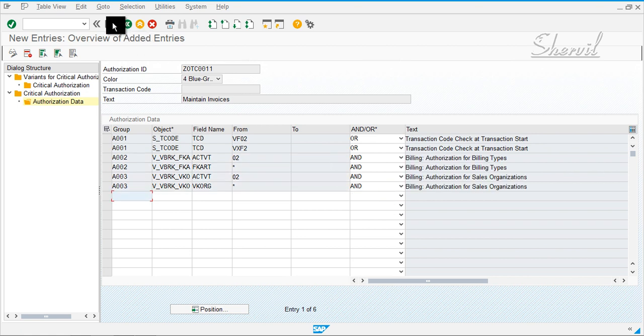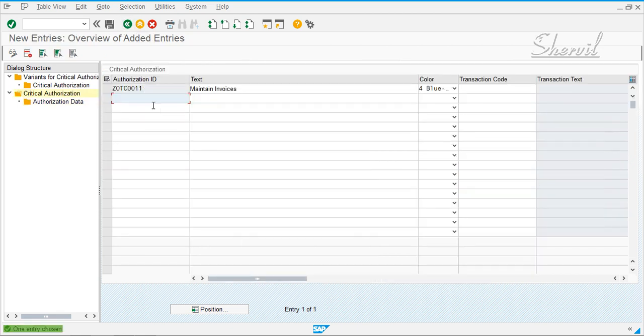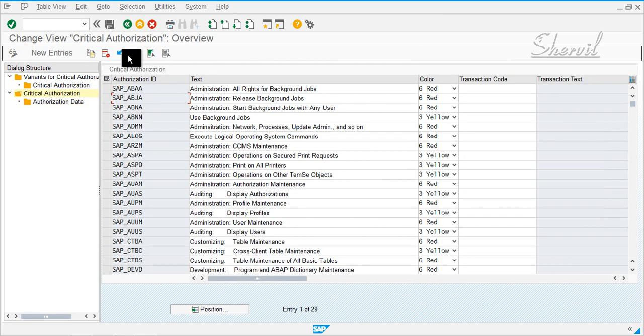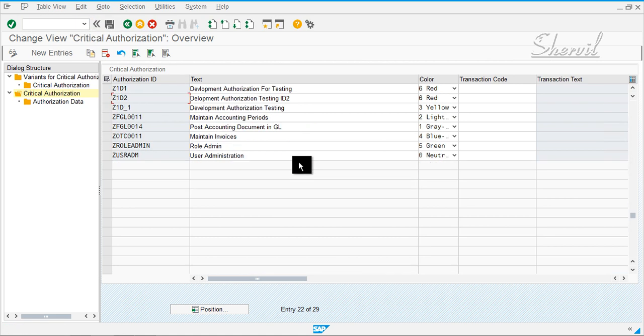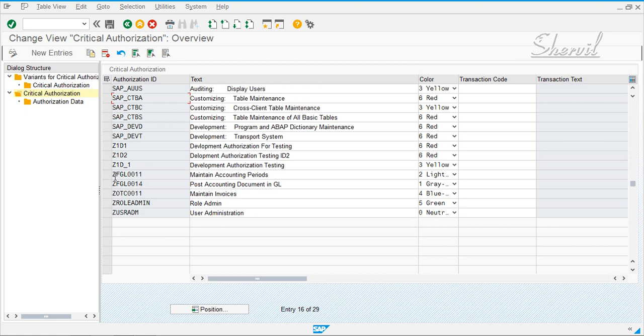All right, so save it and then go back. Save whatever changes you have made so far. So you have now created 3 group IDs, but you also see there are some more available that we created earlier.